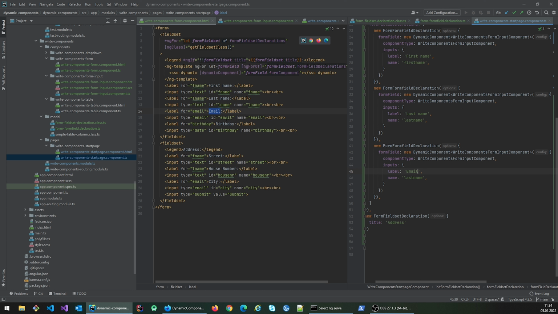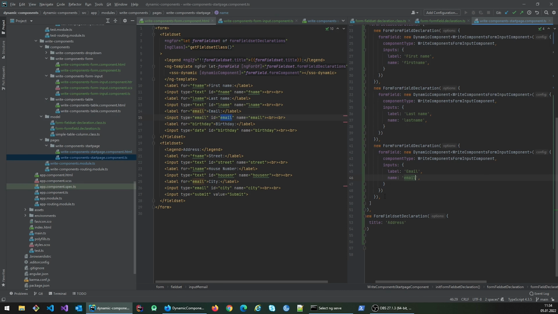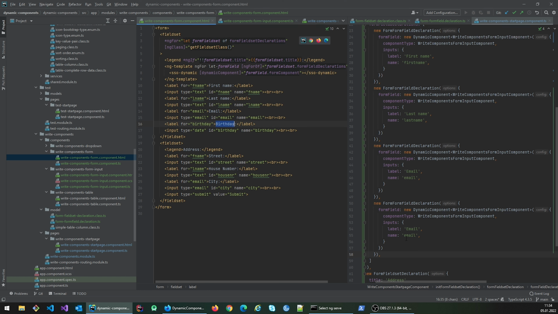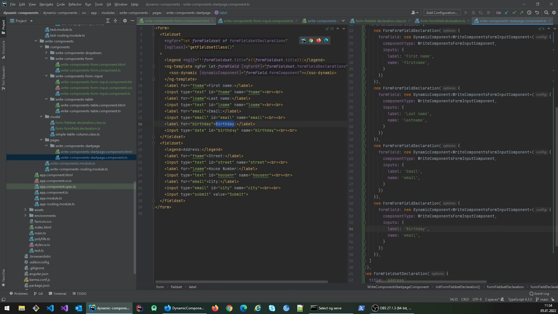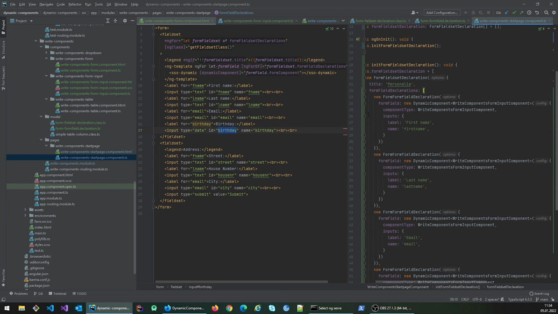This is email, and I'm fine with that. And it's the last element is the birthday. And for the birthday, yeah, so we're fine. So now I have to copy this stuff over, and for the moment I just copy